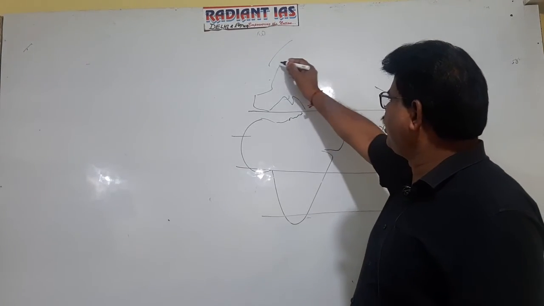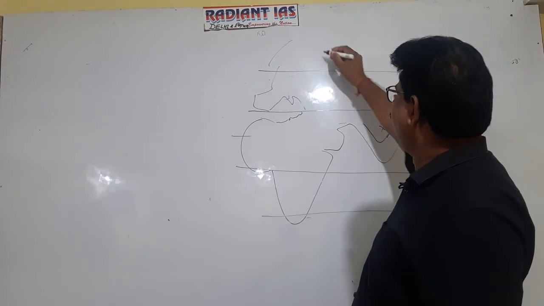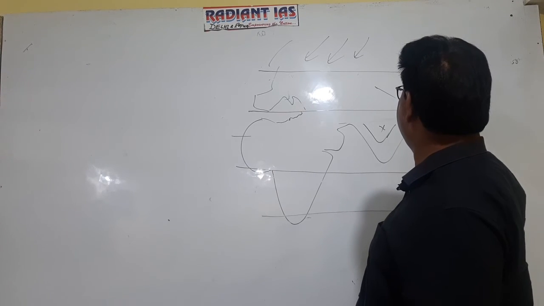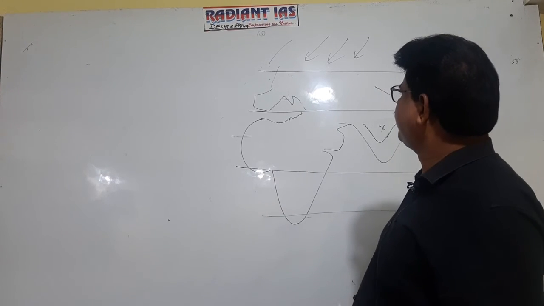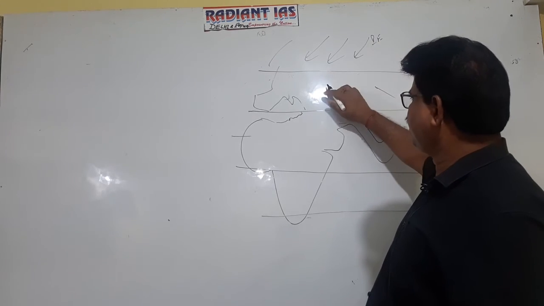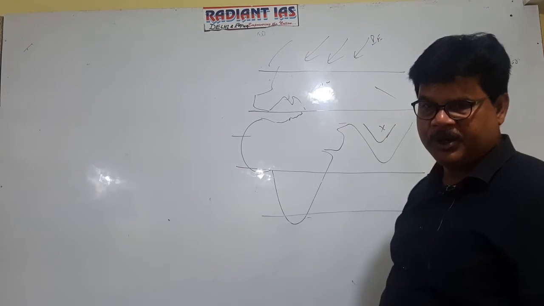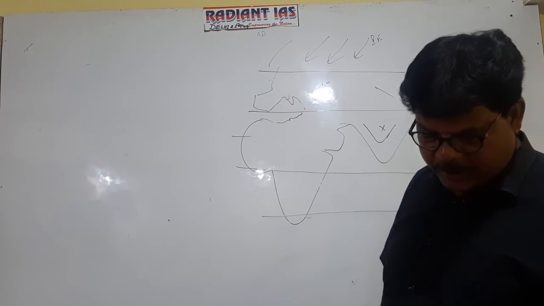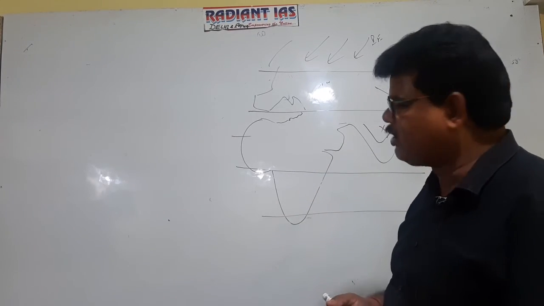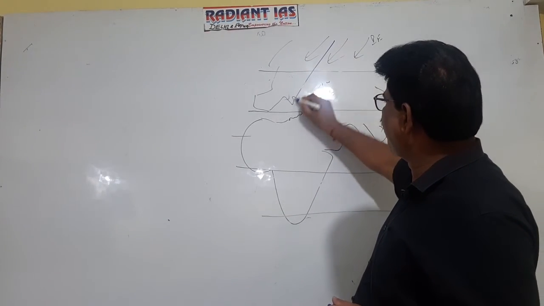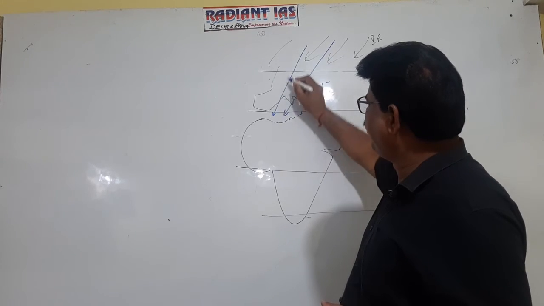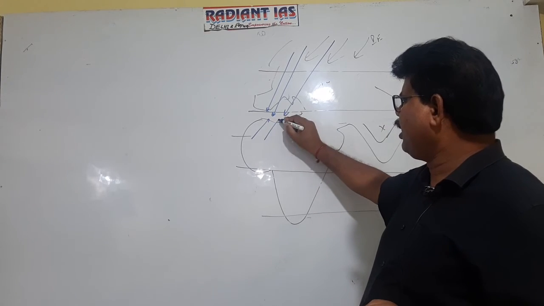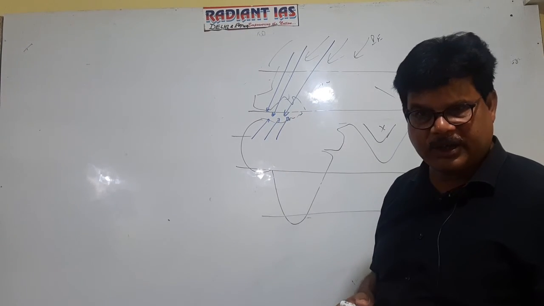Consequently, the polar easterly, this is the zone of polar easterly wind. If this is 66.5 degree north, na, okay. So this is the zone of polar easterly wind. This is the zone of westerly wind, na. But due to southward shifting of the sun, the entire pressure belt shifts in the southward direction. Consequently, the polar easterly wind of the northern hemisphere extends up to the Mediterranean sea zone, right? Where it converges with the warm wind. Consequently, it is clear now, right?